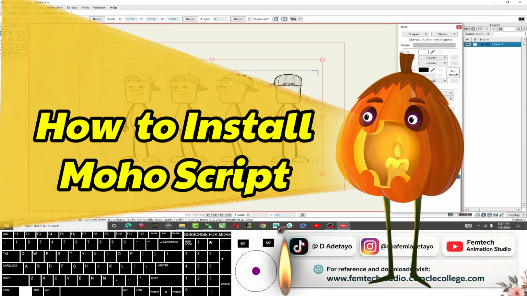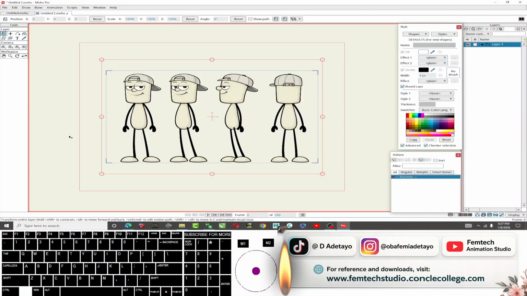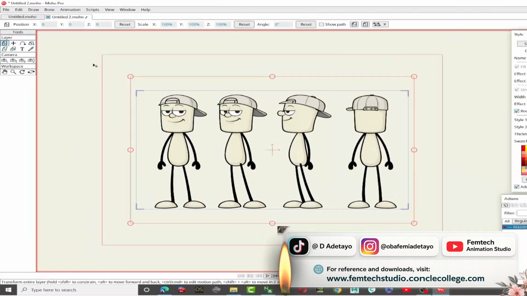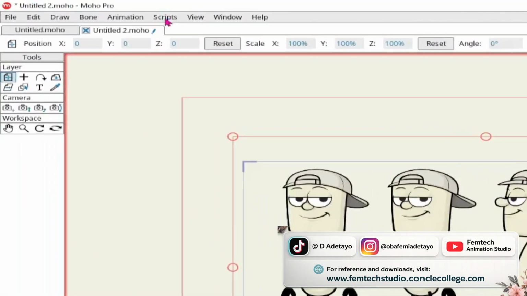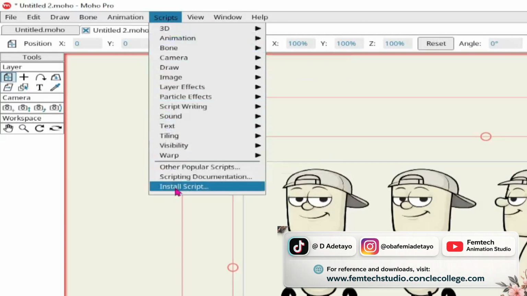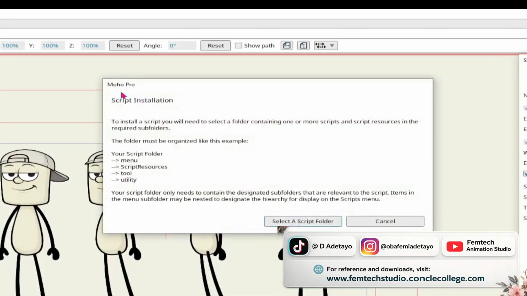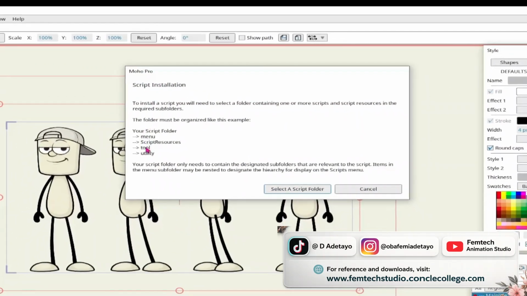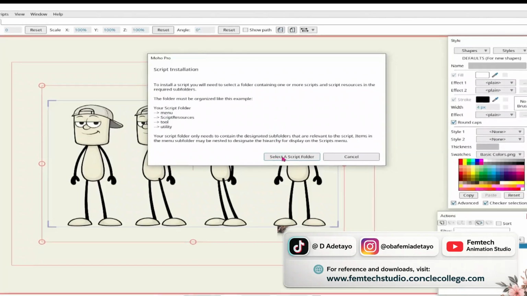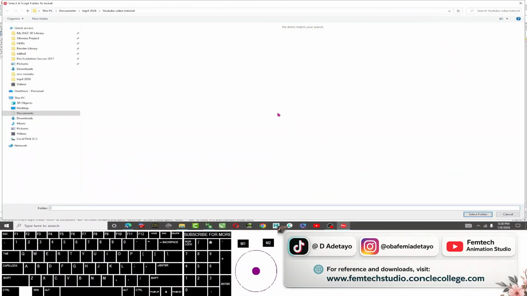How to install Moho scripts or any custom scripts. It's very simple. After you've opened up Moho, then you head over to the script tab, then you click on install scripts. So here you have some instruction, no problem. All you need to do is to select this, then you need to head over to where you install